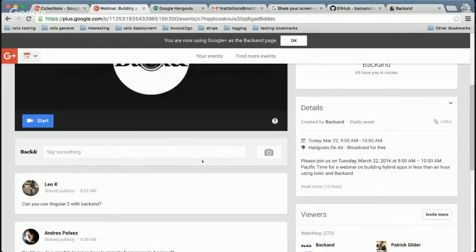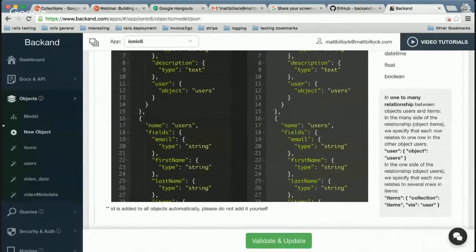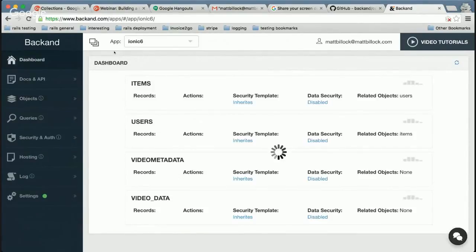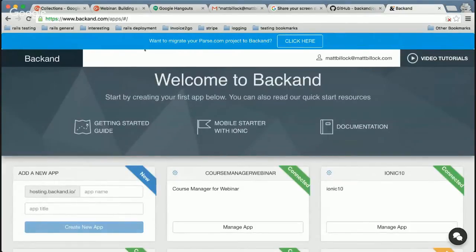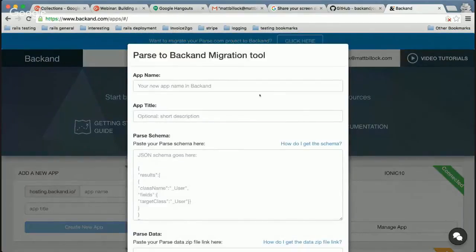Sure, absolutely. And we do have a great video, or we'll have a great video on this subject as well, but let's walk through that here. So to migrate from Parse to Backend, you go back to the Backend dashboard, and we have a very handy button up here. If you want to migrate your parse.com project backend, click here, and it provides a dialog. You create a new app name,